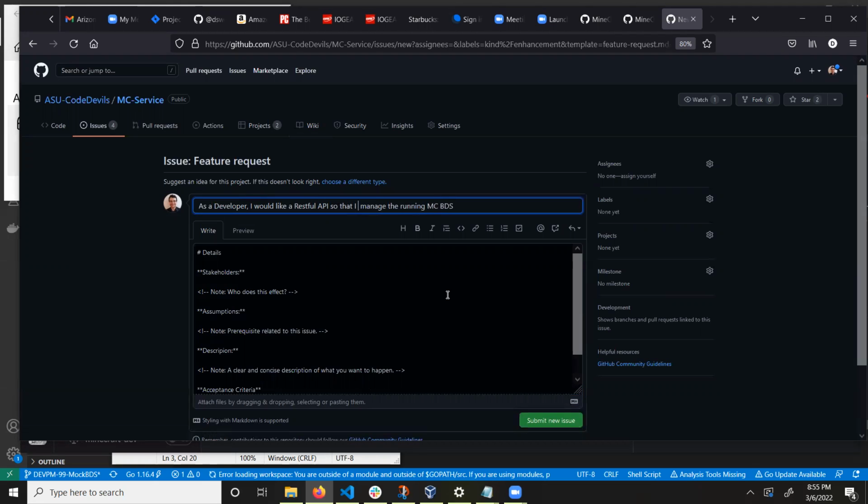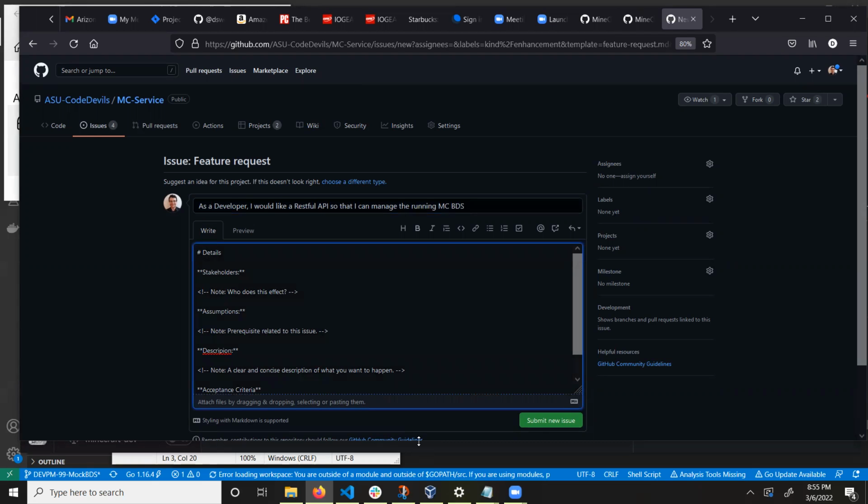So this actually is talking about having an API. Does anyone know what a RESTful API is, or does anyone here not know what a RESTful API is? I know what a REST API is, but